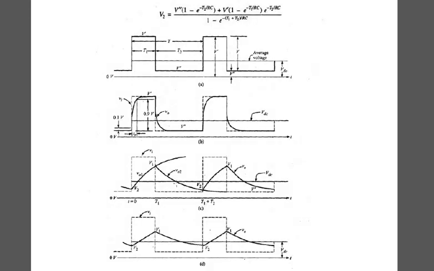So let's just see the figures of your square input. What are the four different kinds of conditions that will be occurring? Here are the four conditions, which show the response of the RC low pass circuit to a square wave input. Okay, responses of the low pass RC circuit to a square wave input. Whenever you give a square wave as an input to a low pass RC circuit, what are the different kinds of responses that you will be getting?